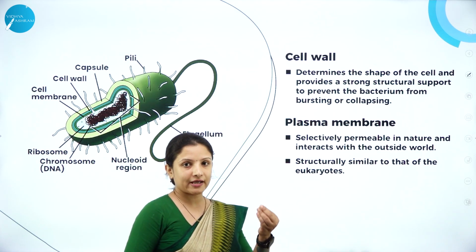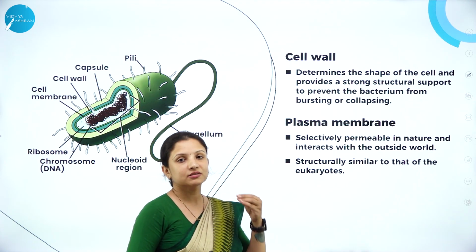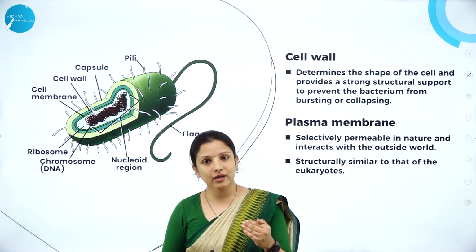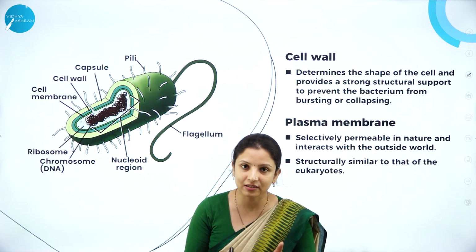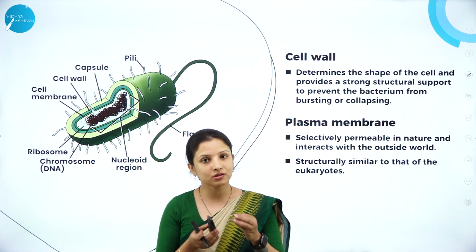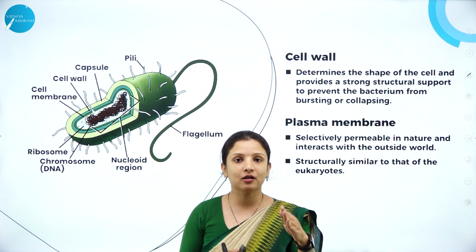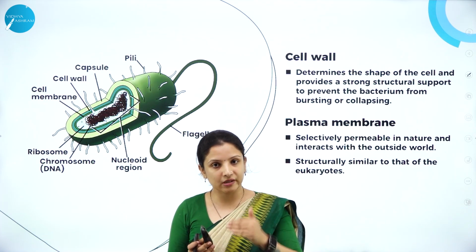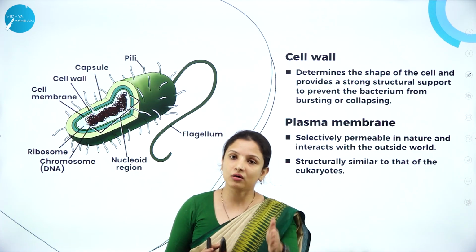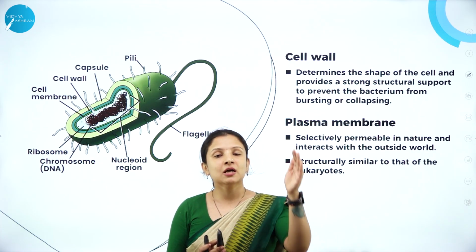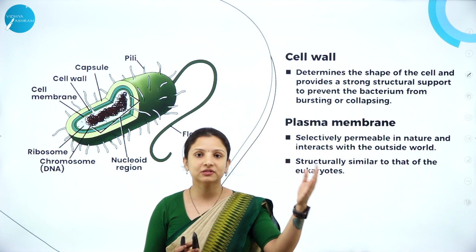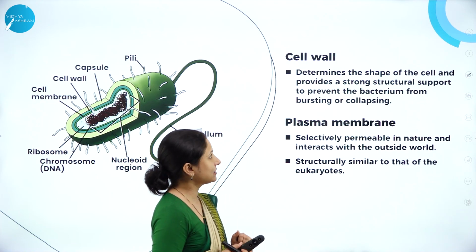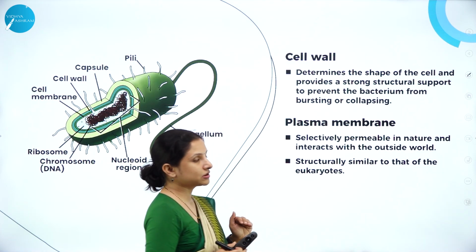Inner to the glycocalyx is the cell wall. What is the function of the cell wall? But first, I didn't mention the function of the glycocalyx, right? Glycocalyx acts as the first protective layer of the bacteria, wherein it is so tough that it doesn't allow other harmful substances or pathogens that are trying to penetrate into the bacteria, that is halted by the glycocalyx. So glycocalyx prevents other organisms or harmful substances from entering into the bacteria and causing problems to that particular prokaryotic cell. So that is the function.